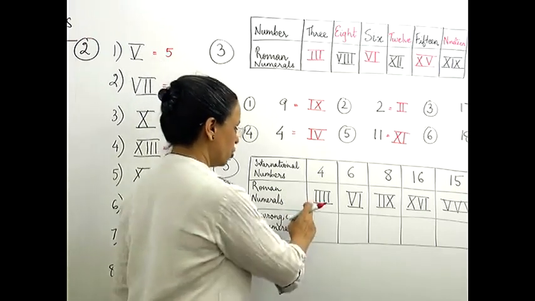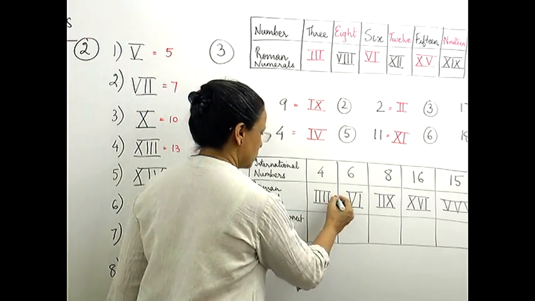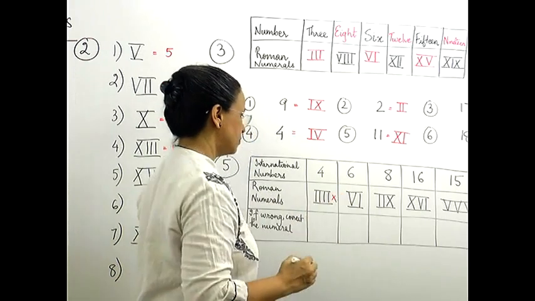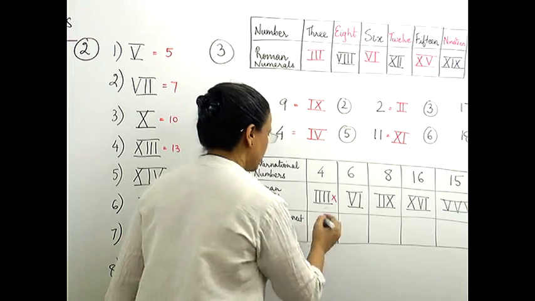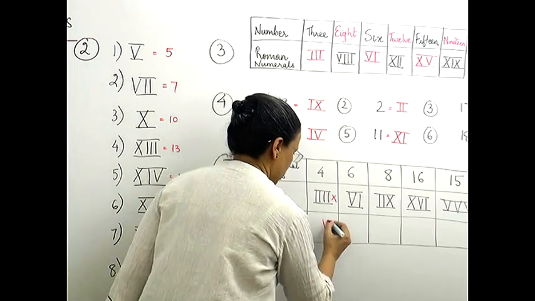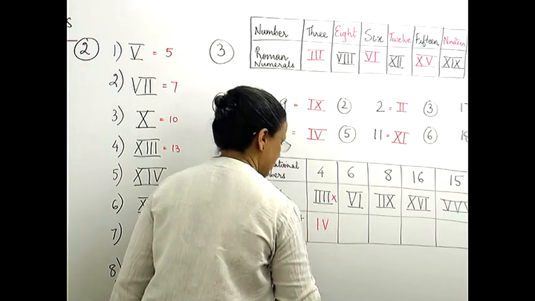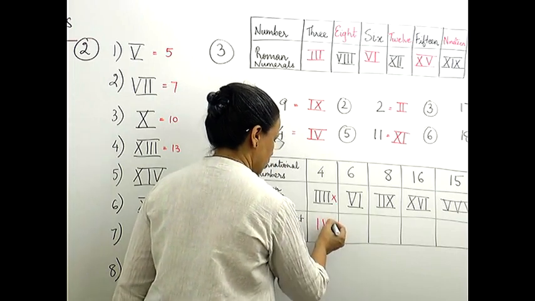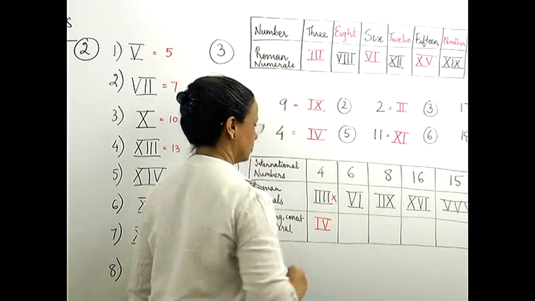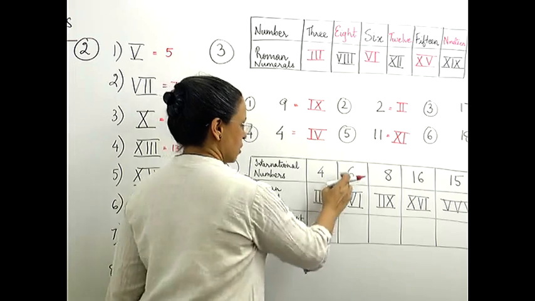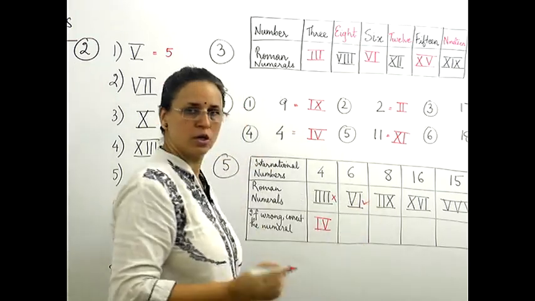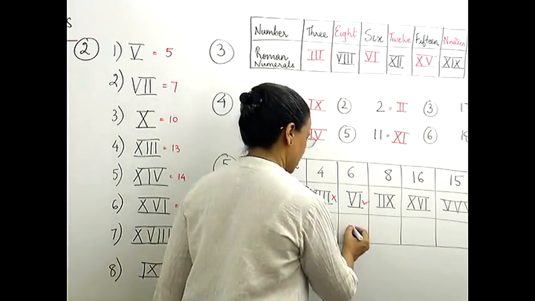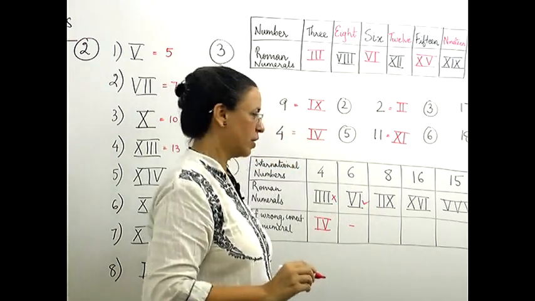Now you know that 4, we don't write 4 lines, so this one is wrong. Wrong है तो हमें उसको correct करना है. How do we write 4? We write 5 and we take 1 minus on the left side. So that becomes 4. Now for 6, 5 plus 1, 6. So ये सही है तो हमें कुछ वहाँ पे लिखना नहीं है क्योंकि वो सही है.